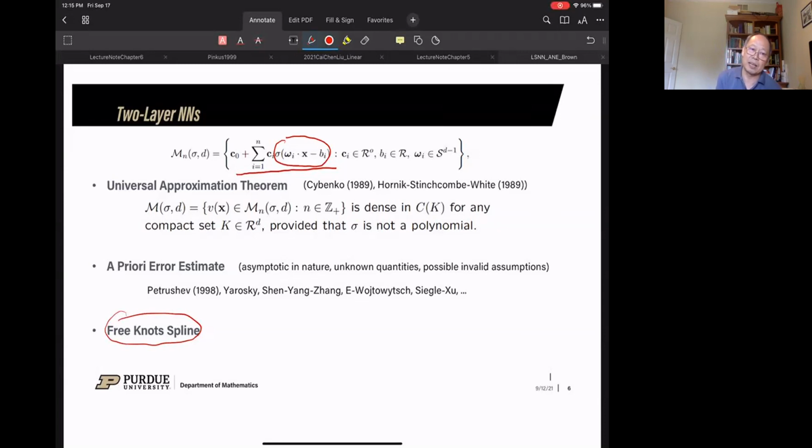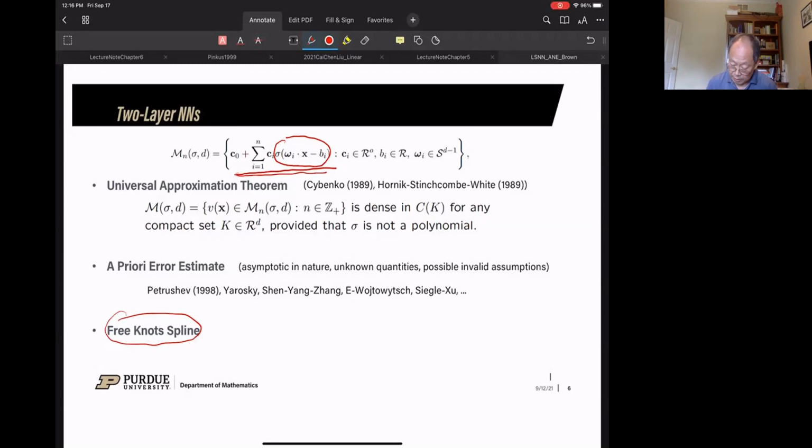So I was so excited that the neural net is a simple formulation. They can generate this free net in any dimension. Okay, so if you look at history in the 70s and 80s, people already knew that free knot spline in one dimension is much more powerful than finite element or the fixed knot spline. So that's one of the reasons, there are a lot of good properties. That's the reason we're trying to use that for solving PDEs.